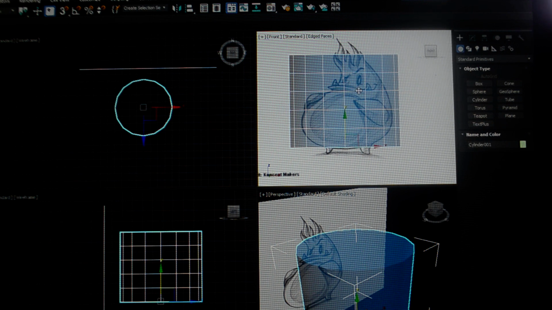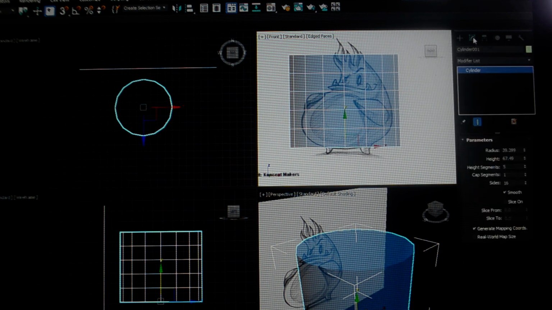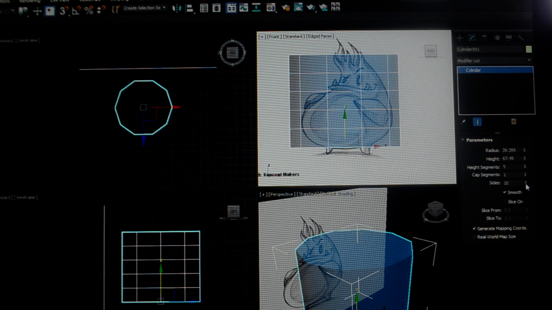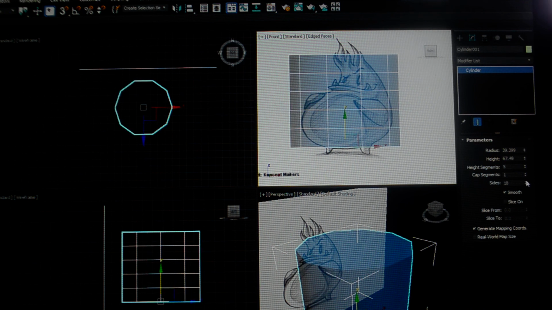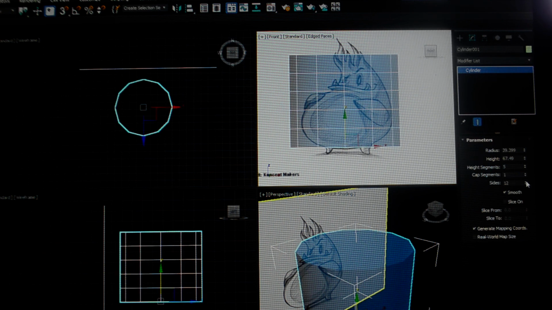Now, the first thing I need to do is come over to my Edit tab and make adjustments to my parameters before I convert this to an editable poly. I don't need 16 sides, that's too many. And I think 8's too few. I'm going to go with 10. Now here's why I'm going to do 10. Actually, I'm going to do 12. Now the reason I want to do 12 is because I want a center line right here